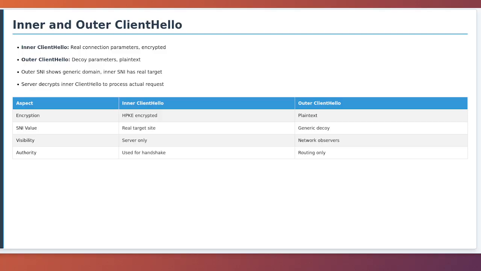The inner client hello is the actual, complete client hello message that contains all the real connection parameters the client wants to use. This includes the true server name indication showing the actual website being accessed, the full list of supported cipher suites, all TLS extensions the client wants to use, and any other handshake parameters. This inner client hello is encrypted using HPKE with the public key from the ECH config, making it unreadable to